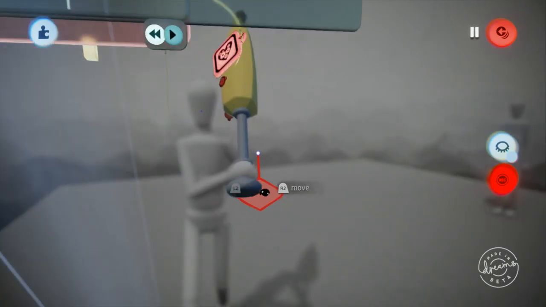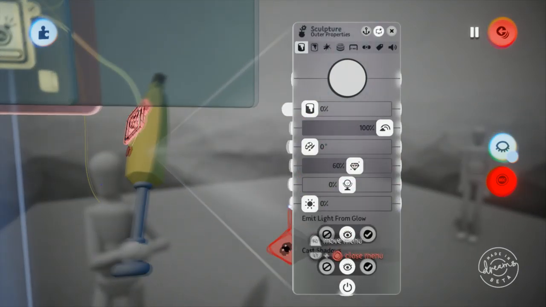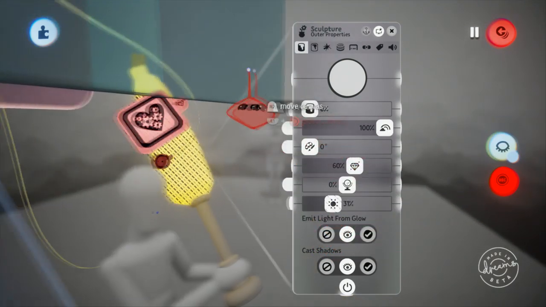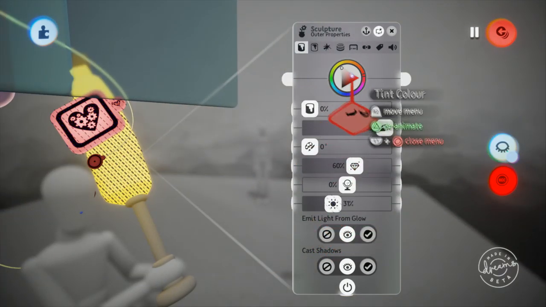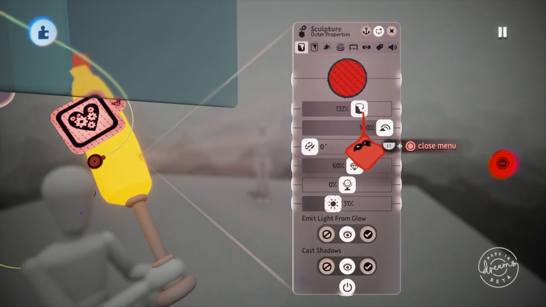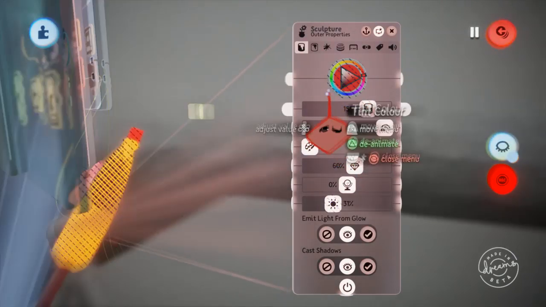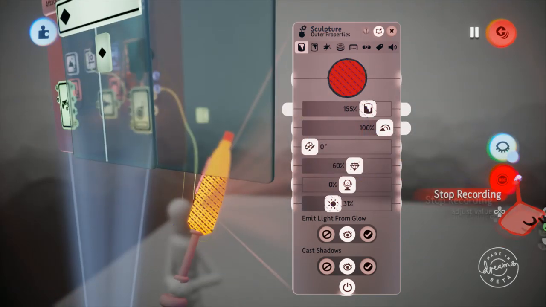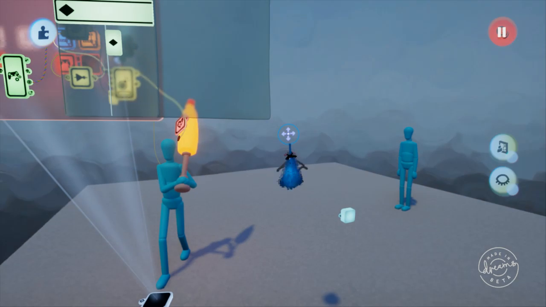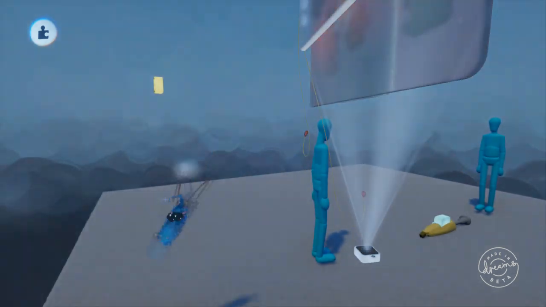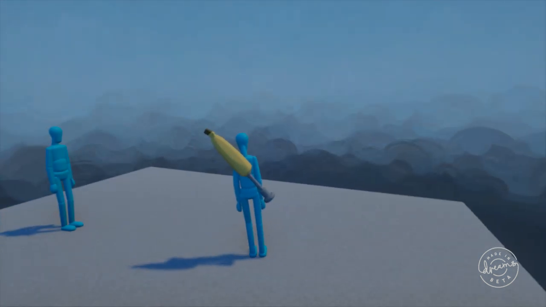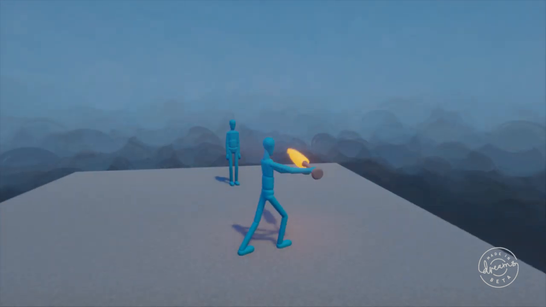Can go into the same keyframe. Go in here. Make it glow. Now it doesn't have to be that color. We can make it tint red when you are attacking as well. There we go. So now when you attack, it'll turn